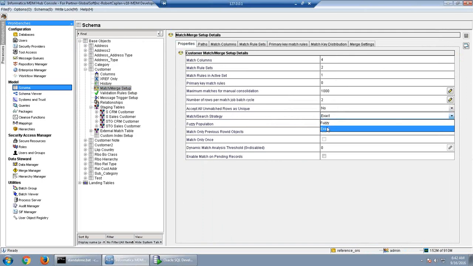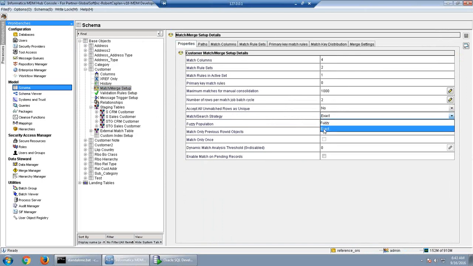If we select exact, then when we go and create the match rules, we can use only exact columns. We cannot use fuzzy columns. But if we select fuzzy, we will be able to use some columns as fuzzy columns and some columns as exact columns. For all the business tables, we will be selecting fuzzy, because we know that we are going to use some columns as fuzzy and some as exact.